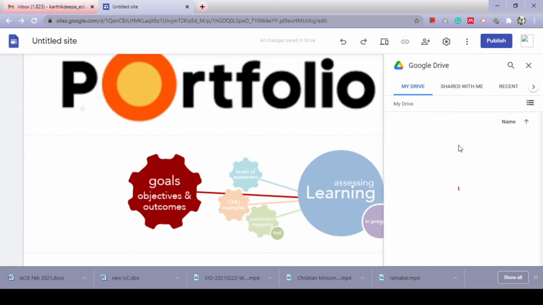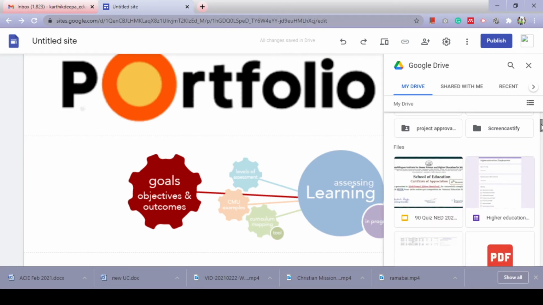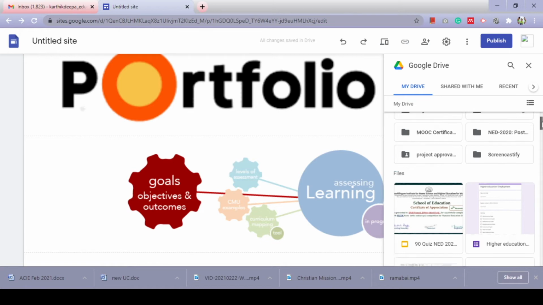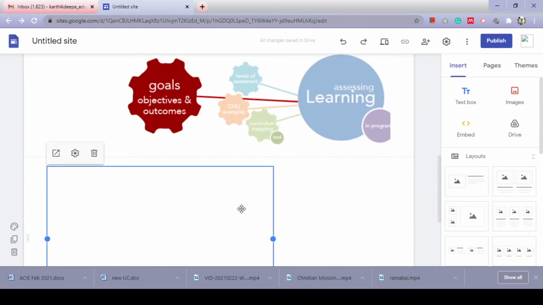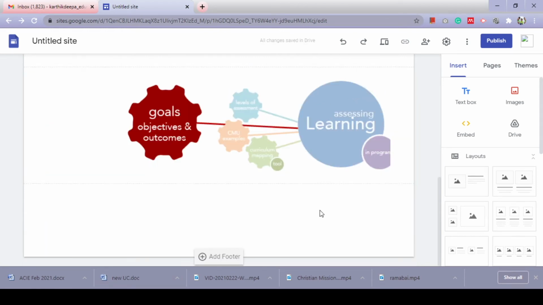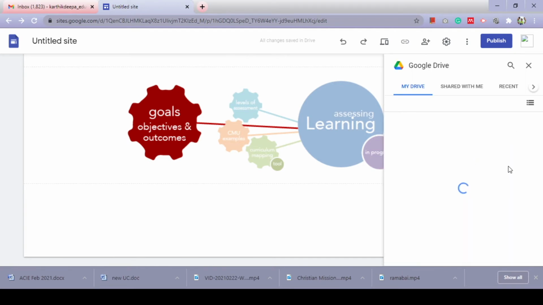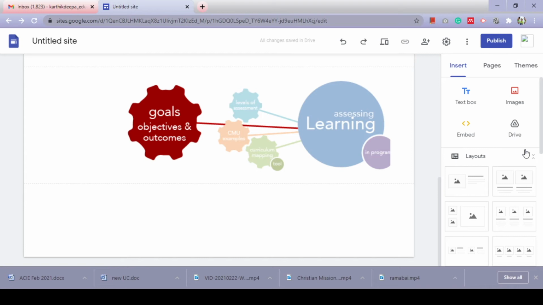See, you can even add from your drive. See, my drive is here. If you have completed your assignment, or the compilation of videos, audios and images, you can put all those things in a folder of your drive, and you can insert it here so that the teacher can view that. Okay, see, like this you can add, but I don't want to add this. So like that you can add whatever assignments or materials or learning or projects you have done, from your drive.